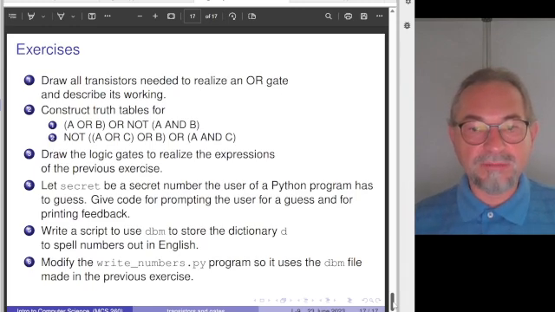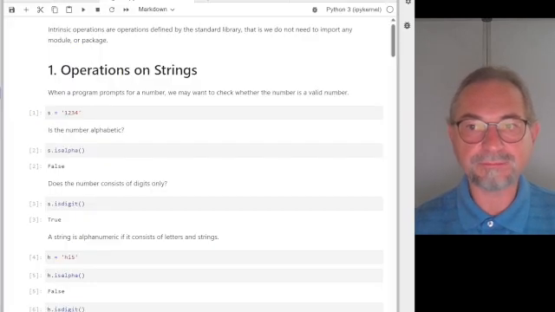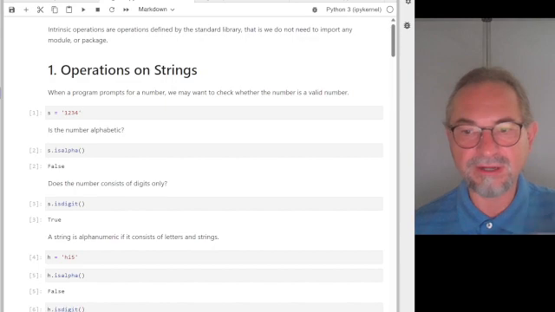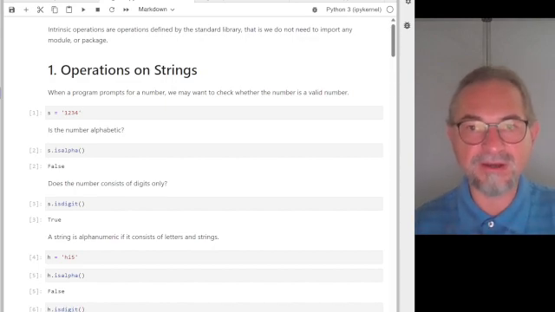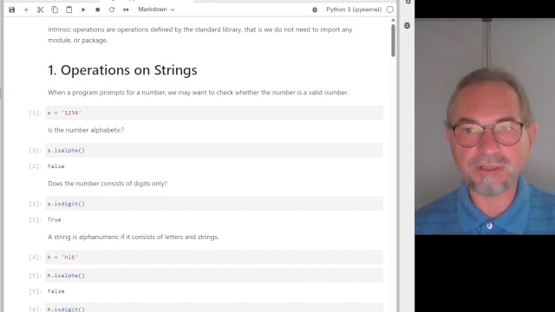All right, let's go into the intrinsic operations now. I have prepared a Jupyter notebook rather than giving a hands-on demonstration. If we prompt for a number and we want to compute with this,